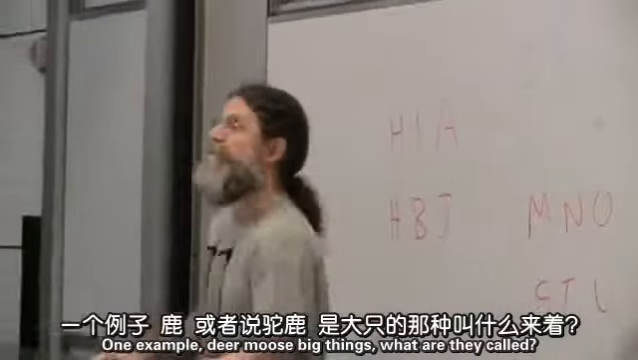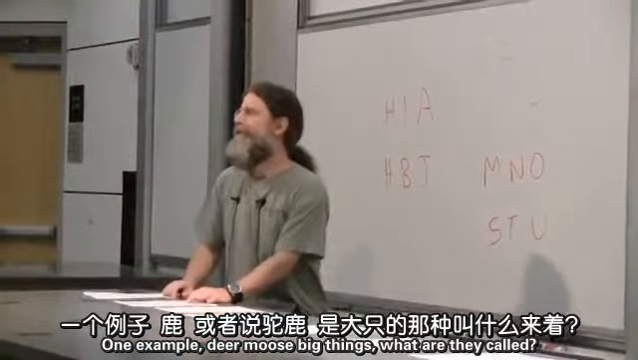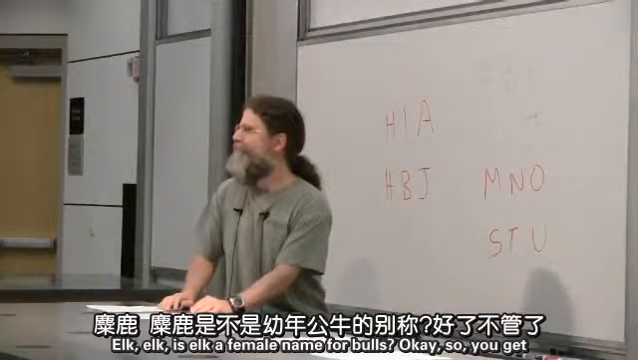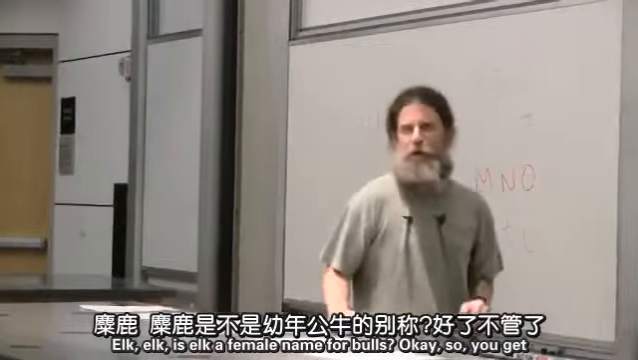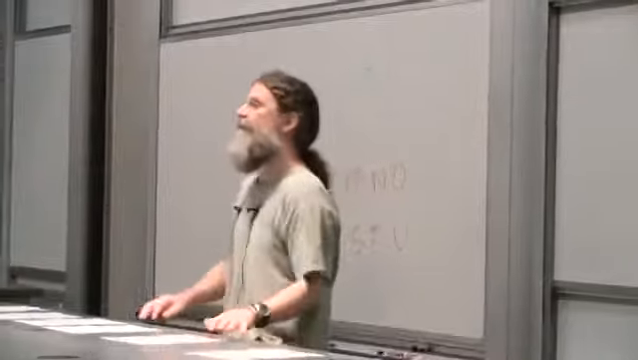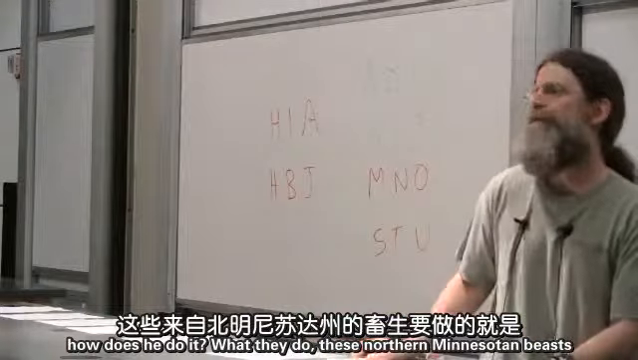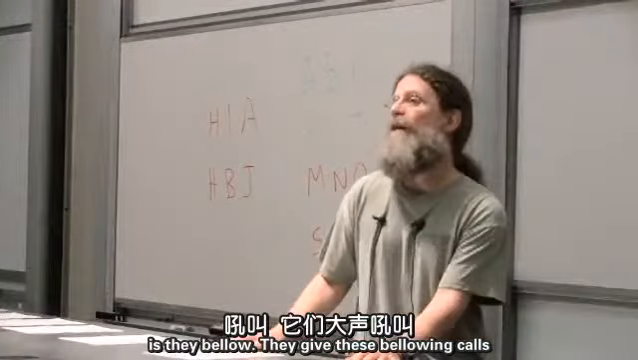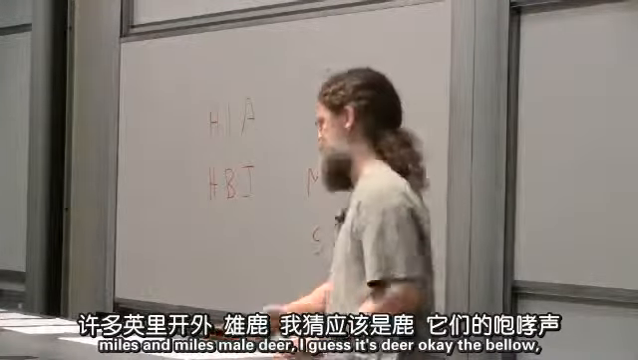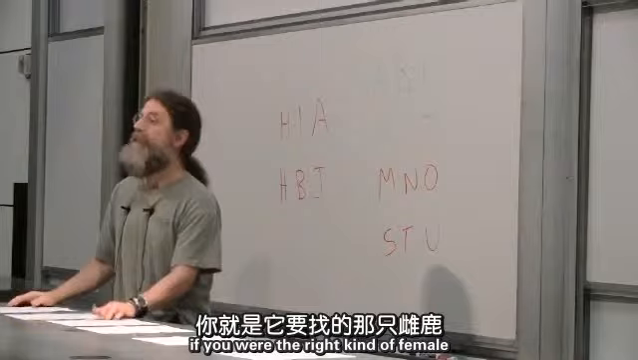One example, deer, moose, big things, what are they called? Elk. Elk. Is elk a female name for bulls? Okay, so you get Bullwinkle's there, and what he's doing is he is trying to find a mate. And how does he do it? What they do in these northern Minnesotan beasts is they bellow. They give these bellowing calls that are heard for miles and miles. Male deer, I guess it's deer. Okay, they bellow, could be heard miles away, and if you are the right kind of female and you hear